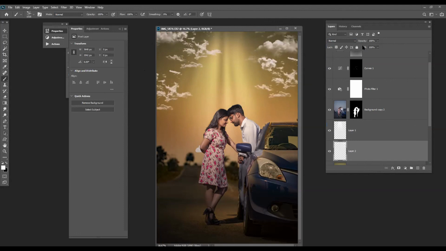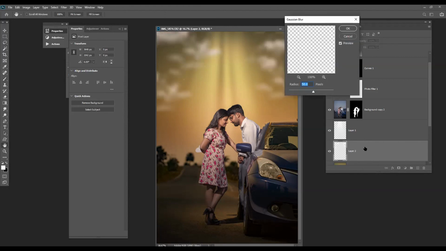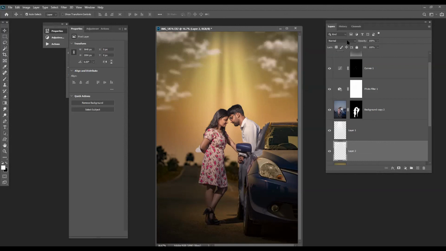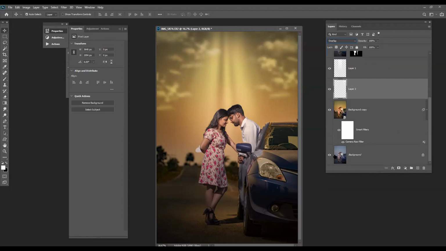Just diffuse it or Gaussian blur it a little, and just put a nice overlay. So can you see the difference?